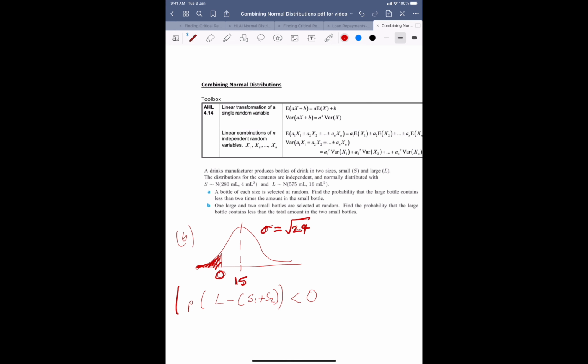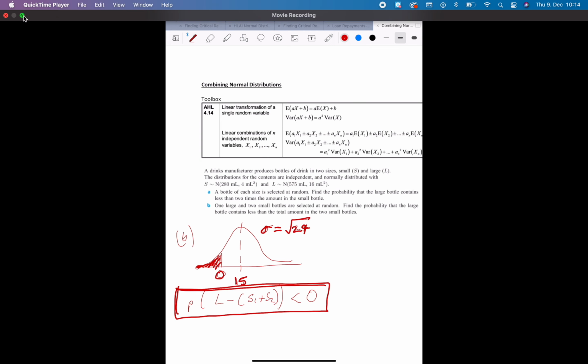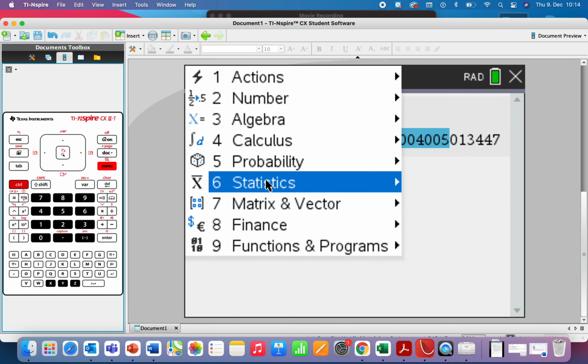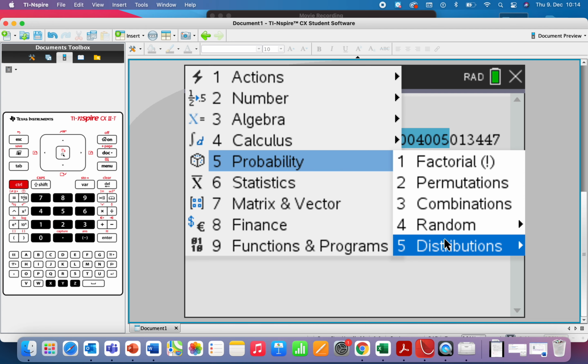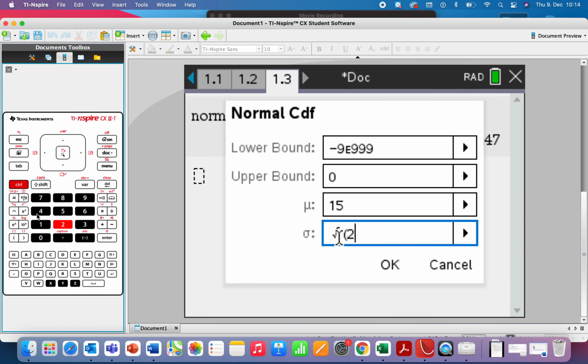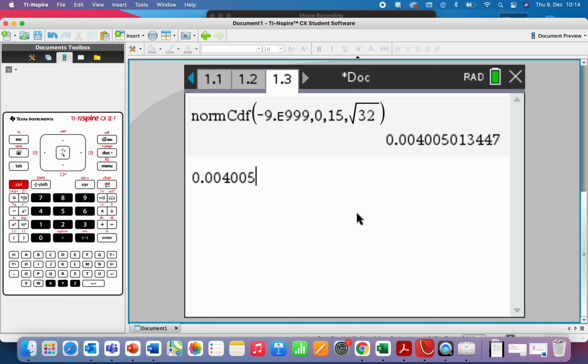and we're looking for the same area on the particular graph. So again, let's go to our calculator, and we do menu, probability, distributions, norm CDF, lower bound as before, upper bound 0, mean 15, and standard deviation is this time root 24. And OK, and this time